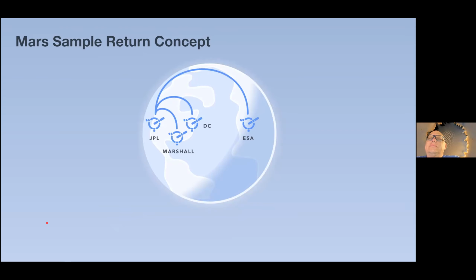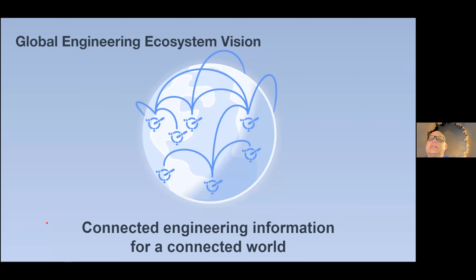So this is the concept we're trying to employ for Mars sample return, where people will be able to connect between their different deployments and connect this information so that stuff that's being built for different parts of the mission can still be connected and interoperated across greater distances, with this global vision that one day we'll be able to connect across this entire fabric